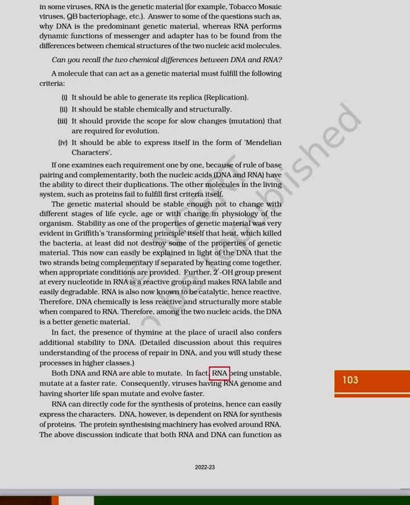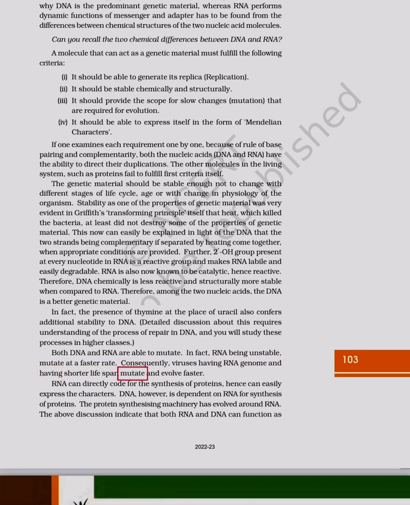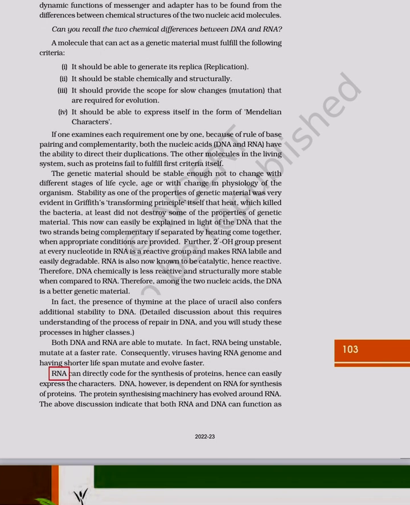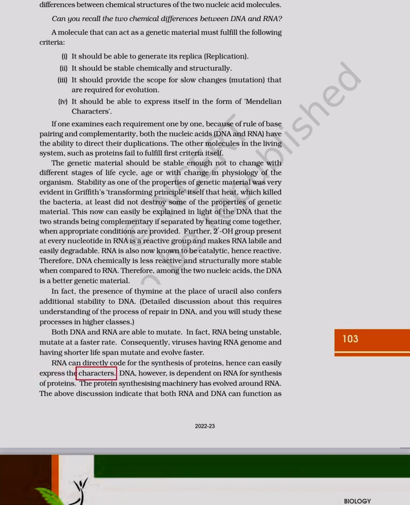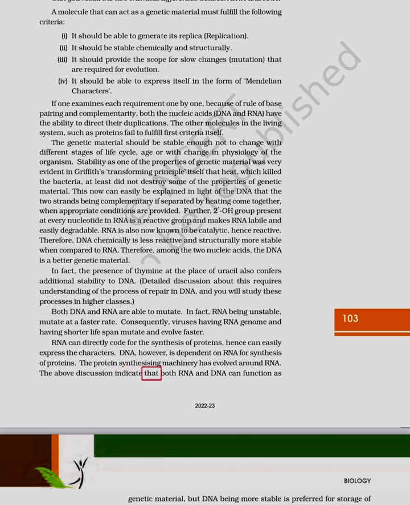In fact, RNA, being unstable, mutates at a faster rate. Consequently, viruses having RNA genome and having shorter lifespan mutate and evolve faster. RNA can directly code for the synthesis of proteins, hence can easily express the characters. DNA, however, is dependent on RNA for synthesis of proteins. The protein synthesizing machinery has evolved around RNA. The above discussion indicates that both RNA and DNA can function as